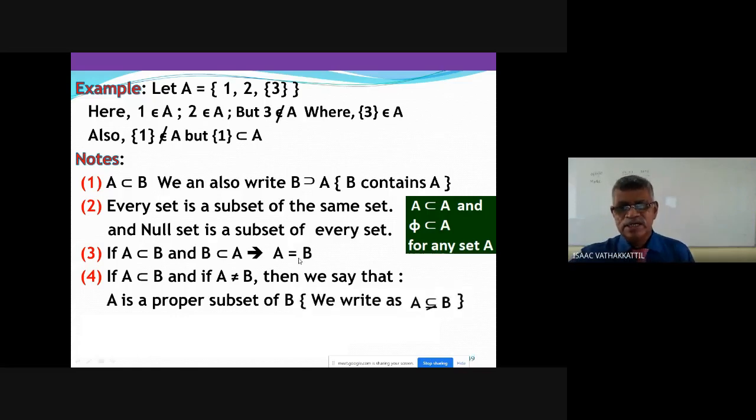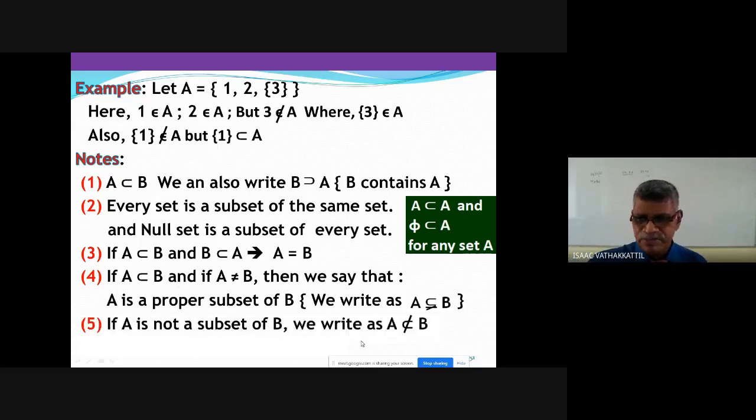We can also write A subset B with a not equal to sign, I will write. A is a proper subset of B. Simply you can write A subset B, no problem. When I simply write A subset B, it can be even equal, it can be even proper subset also. There is no harm in writing simply A subset B, even if it is proper subset. But this notation is used only if you are sure A is not equal to B. Even if you use the traditional notation A subset B, that is sufficient. If A is not a subset of B, we write A is not a subset of B with the slash.